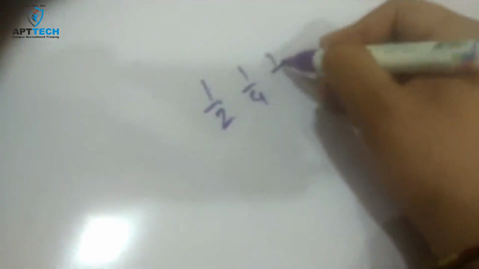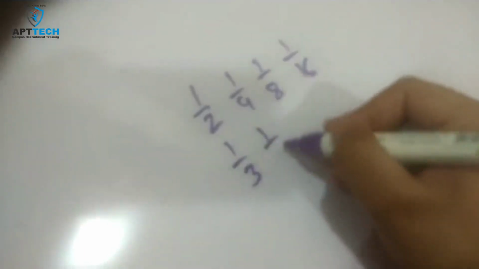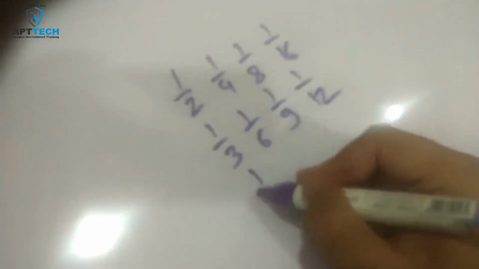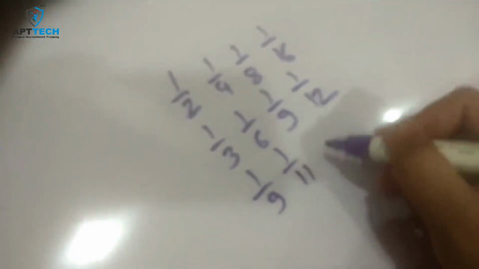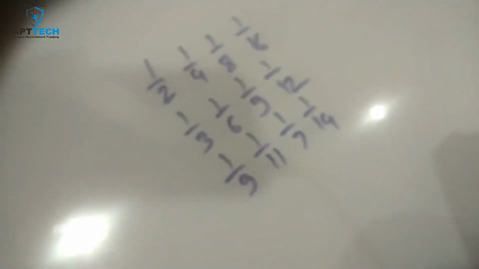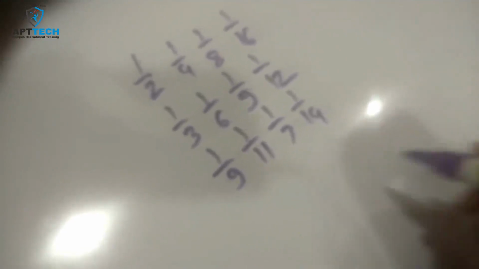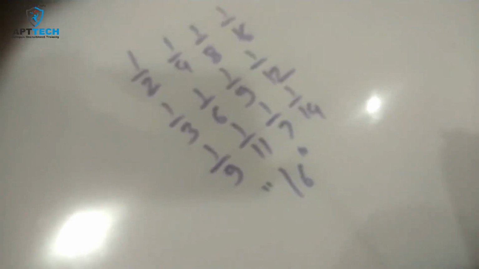In this video you saw 1 by 2 and the family, which is 1 by 4, 1 by 8, 1 by 16. Then you saw 1 by 3 and the family, 1 by 6, 1 by 9, 1 by 12. Then you saw the logical values of 1 by 9 and 1 by 11 being compared, and 1 by 7 and 1 by 14 being compared. So till now you have been lucky enough to understand 12 percentage and fraction correlations. Our agenda is to go for 16 values in total.